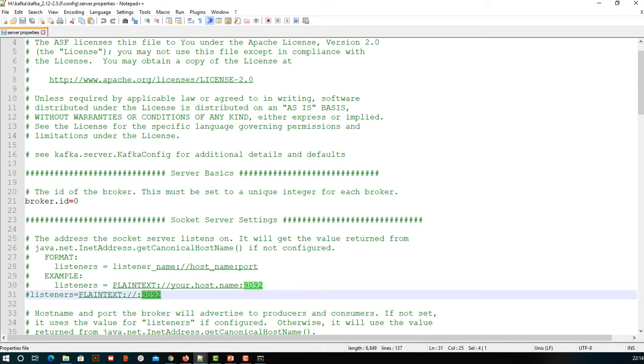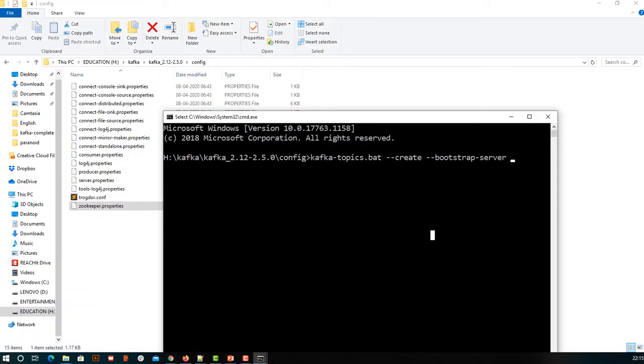If you are aware of shell scripting or any such kind of language, you know that hashtag means comment. So here it is commented, that is, the default value of our Kafka servers is 9092. But if you want to modify it, you can uncomment this by removing the hashtag, and you can add your own URL here. So for now, since everything is commented, the default port will be 9092. Here we are saying that on localhost port number 9092 our bootstrap server is running, and replication factor.